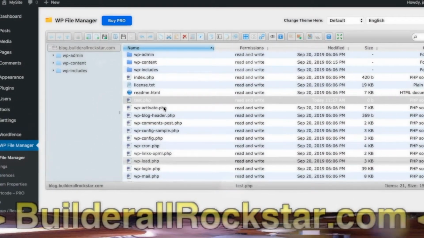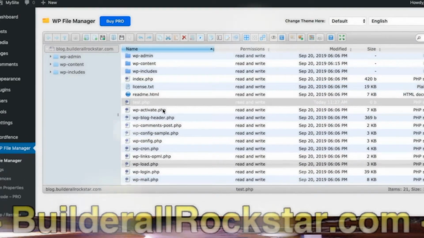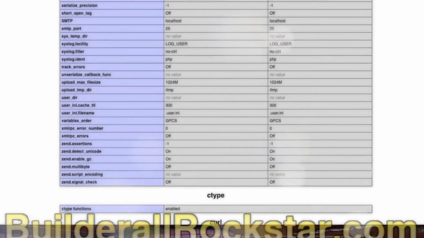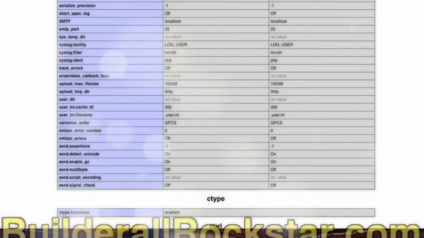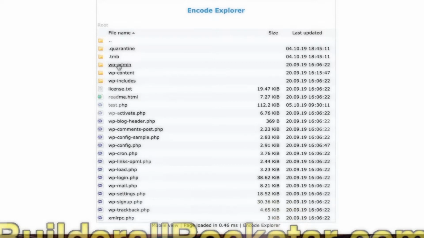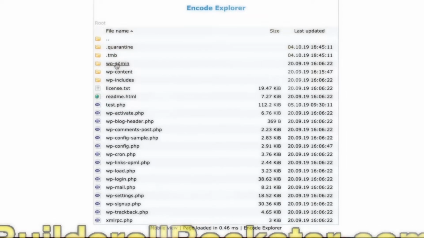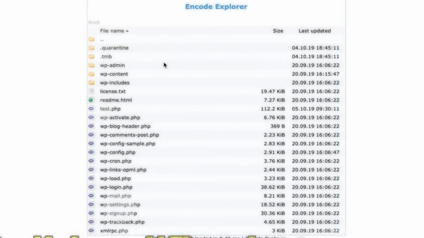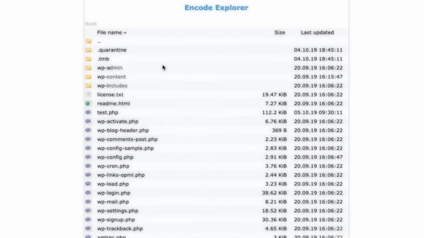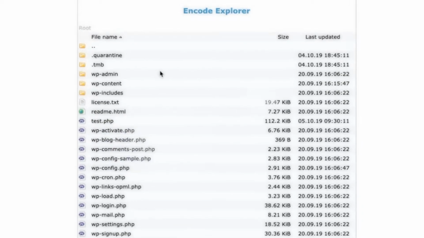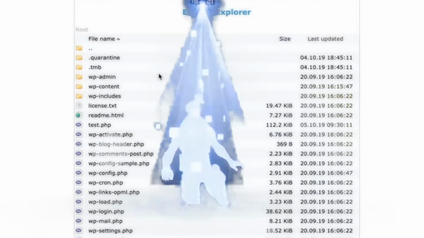So I go to my browser, I go to test.php, I refresh, and it should show the interface of the file explorer. Yes, so we have it. This is the interface, so it allows us to easily explore files. Maybe here I don't have the option to upload because I think it's in the configuration that you have to set up, yes, allow upload files, and then you have to set username and password. But here you can browse without entering into the WordPress admin. Then in the plugin you can do the rest.